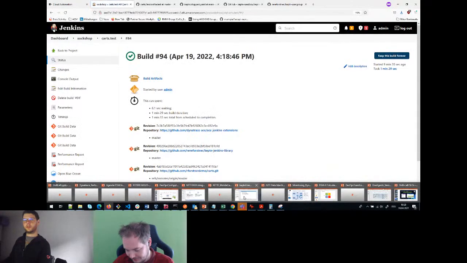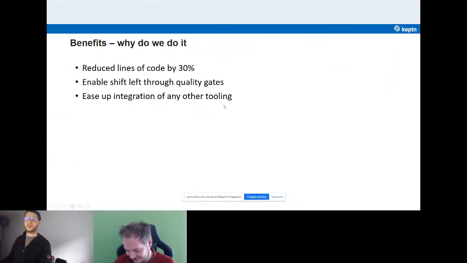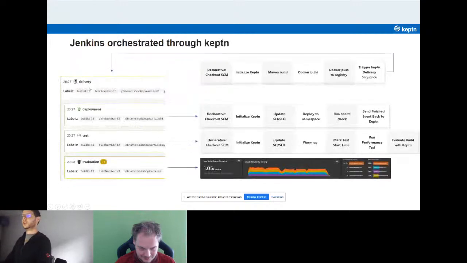And the last but not least thing, and this is quite important, is the integration with any other tooling. Because of course Jenkins is quite powerful, and I assume there is almost no plugin which is not available for integrating stuff within Jenkins. But with Keptin, or with the stuff we have built, it's quite easy, for example, for the deployment, to just unsubscribe the webhook and let, for example, Helm do the deployment, and then again continue with the test steps with Jenkins. So it's quite easy with this orchestration in place that we decide, okay, the delivery sequence is